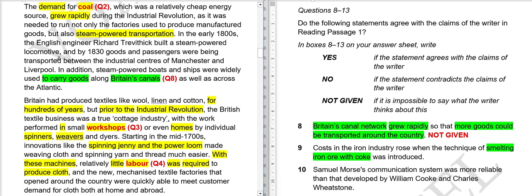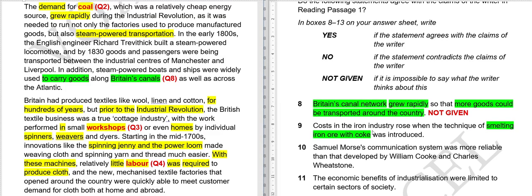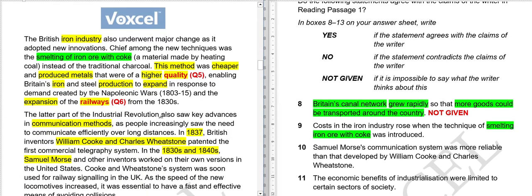In the early 1800s, built steam power locomotives. Okay, yes. So we don't know about these two reasons why they grew. Did their value fall or did their value grow? So we don't know about that. In either case, we'll say not given. Okay, now we'll focus on the ninth question, and we have read here smelting